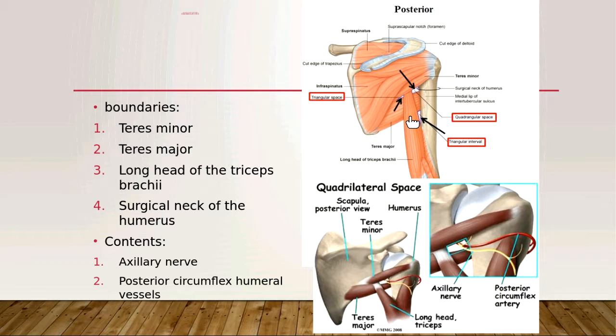Is it the... I'm not sure. Triceps brachii. It is the long head of triceps. Okay, it's the long head of triceps. You want to be specific on the boundaries because remember we dissected 2 of the 3 heads. What is left here and actually participating in making these boundaries is only the long head of triceps. So again, up there, Teres Minor, Teres Major, long head of triceps, and then we have this lateral